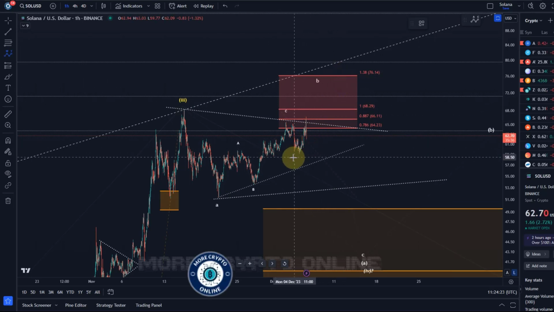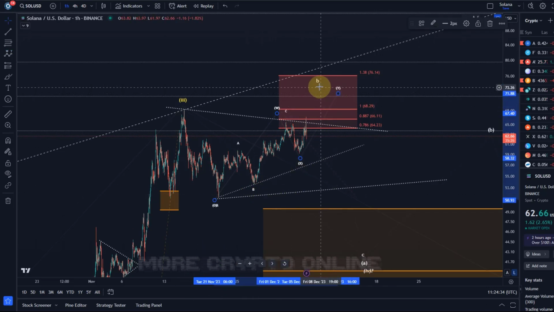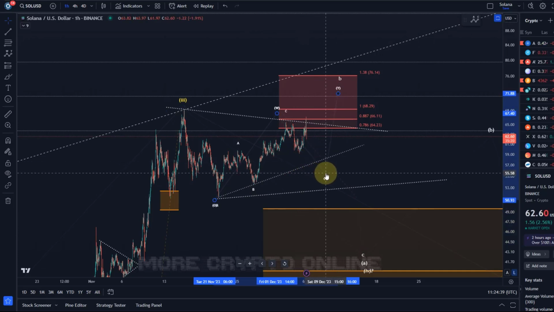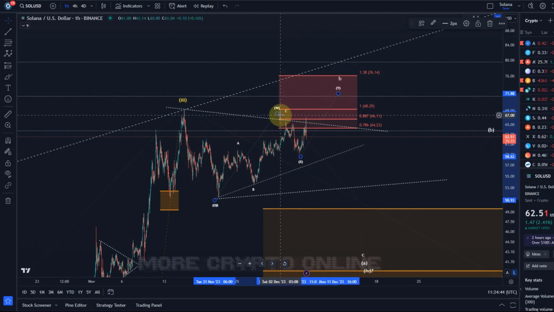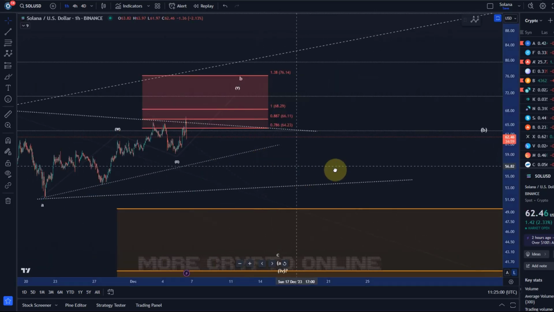Because we pushed higher, I can't count that really as an ABC anymore, but a WXY structure is basically a connection of ABC structures. So the way I would count this would be to say, where we had the first ABC, that's actually a wave W. The move down was an X wave, and then a Y wave is still possibly unfolding right now. What is entirely possible is even that the X wave is sort of extending, but at the moment, due to the latest high, it seems like we might just be in a Y wave now. And then we can also discuss that maybe the wave W finished here, because then we have the X wave as a flat structure, and the Y wave is unfolding right now. So that's sort of the count I would go with now.